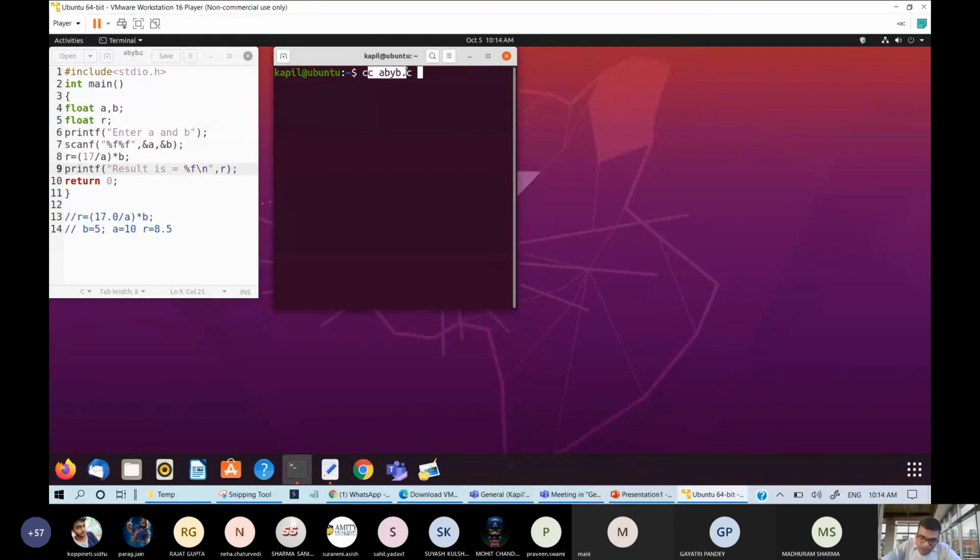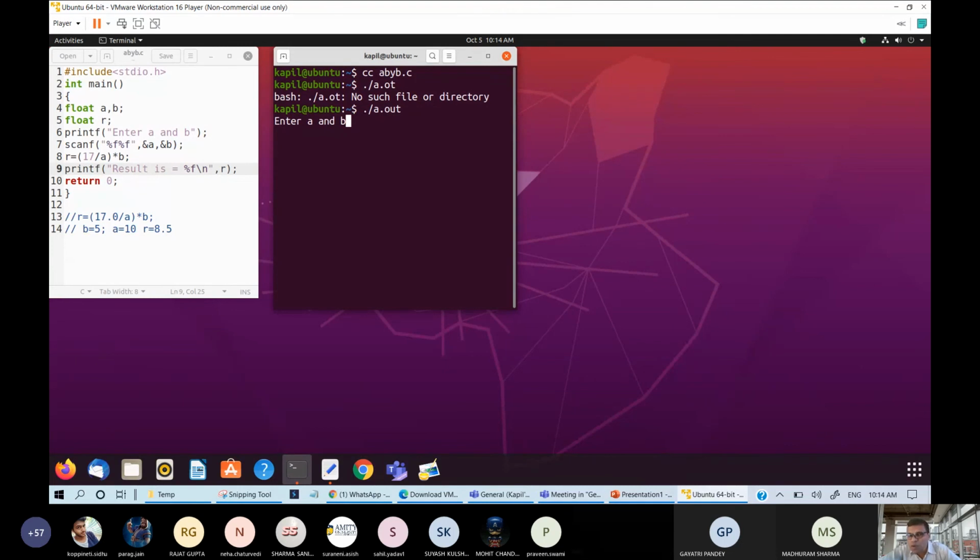So this is the compile statement, and if you are not going to give any output name, by default a dot slash a dot out will be created. Fine, the same output will come if you are not putting anything beyond this. So it is better to write a meaningful output file name. The meaningful output file name option is -o.